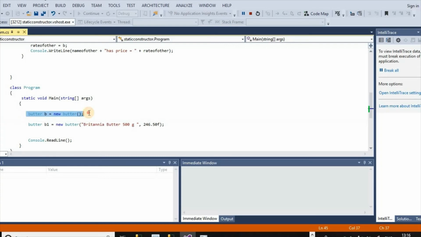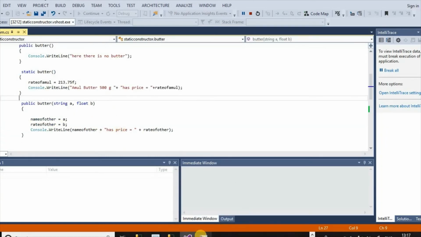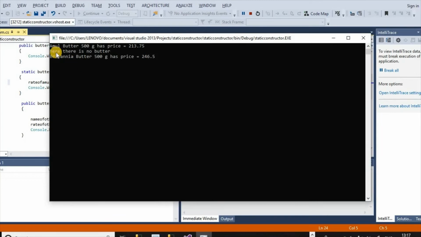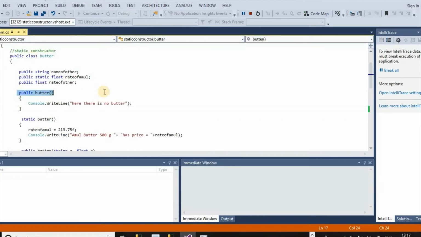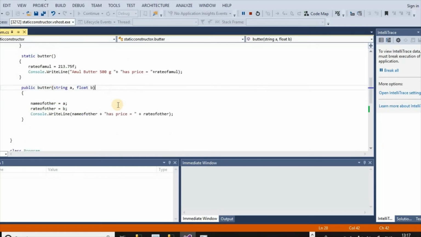Here after the first instance, the static constructor is invoked, so we get this Amul butter 500 gram has price, and then this constructor called, and after that this parameterized constructor called.